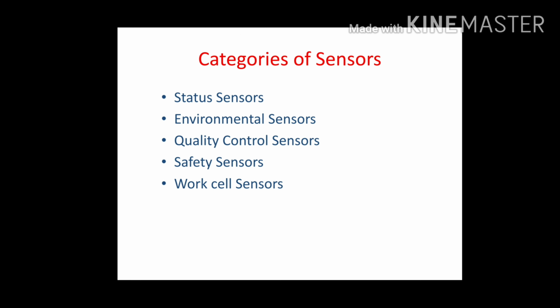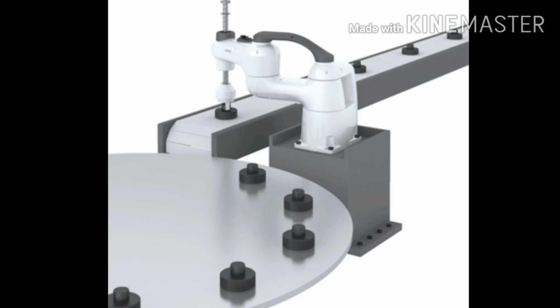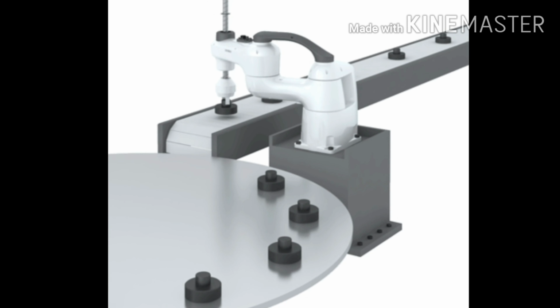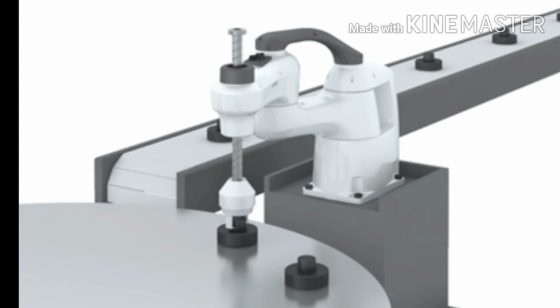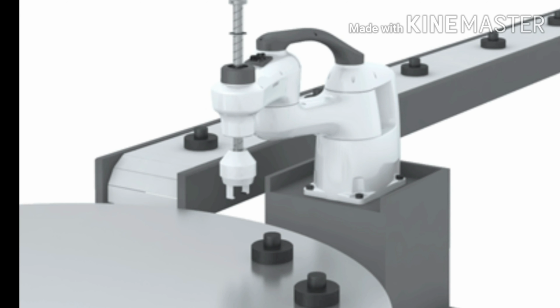So it permits nearly 100% inspection of the products. For example, soap cases or soap molds or chocolate molds or baked food items. If there is any defect in shape, it will identify it and drop it out of the array. So any failure products can be detected, and such sensors come under quality control sensors. For example, you might have seen it on Discovery Channel.